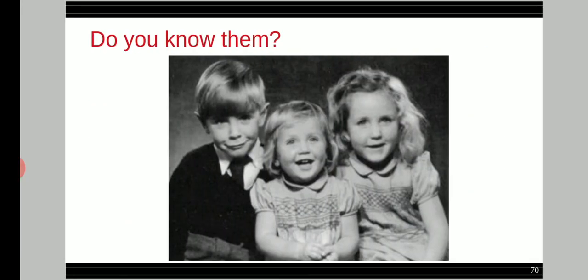Now tell me, who are they? Do you know them? এখন তো সামনাসামনি ক্লাস হচ্ছে না, কে বলতে পেরেছিলি সেটা আমাকে পরে জানিয়ে দিস।